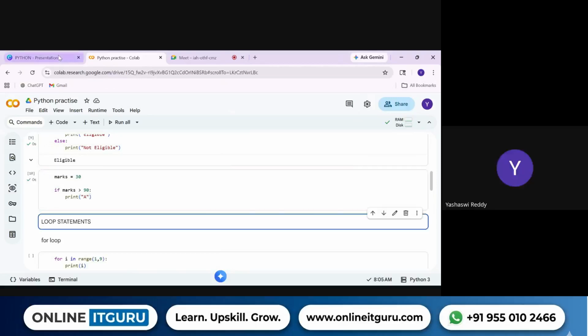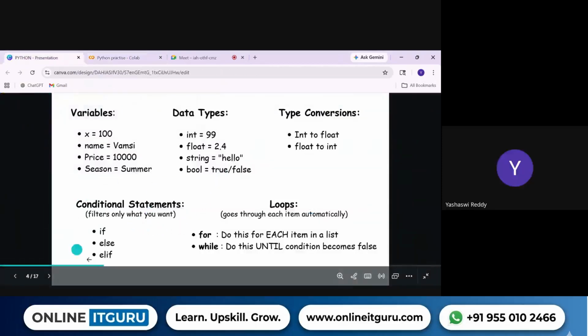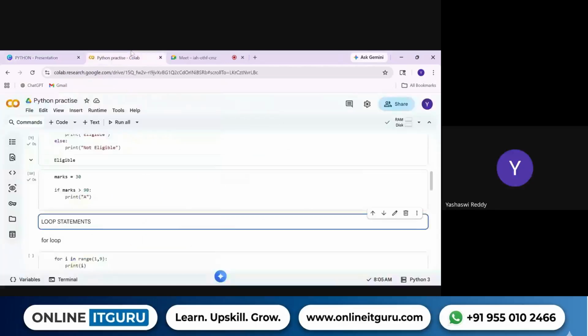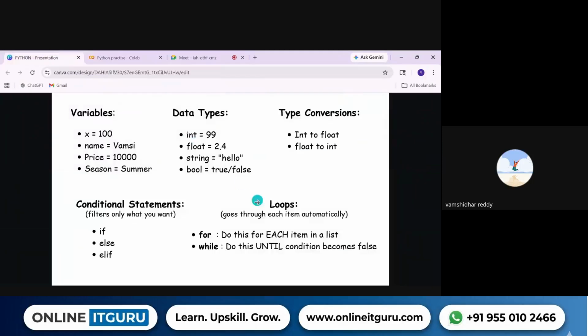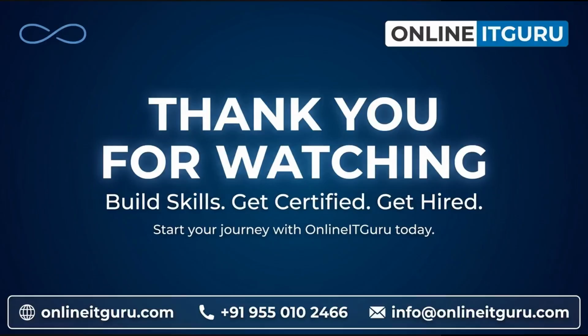You understand these conditional statements? I understood. Yes. Keep on practicing with multiple statements, then you will get an idea. I'll give you a few homework things also for your practice purpose. Sure, thanks. Let us go for this loops concept. As we discussed earlier, it goes through each and every item automatically. Once we write the condition, it will